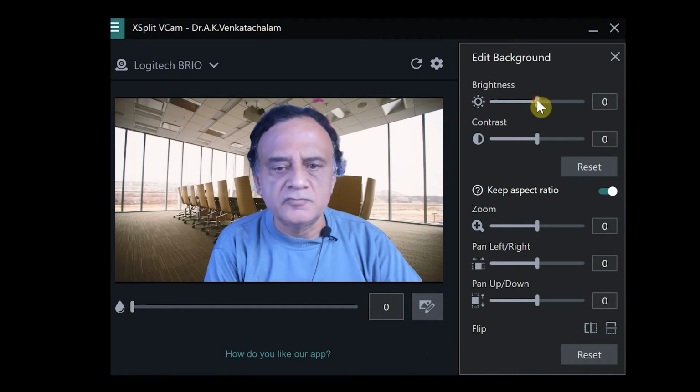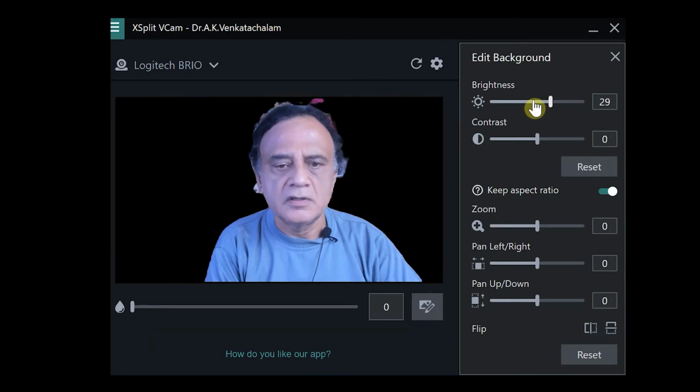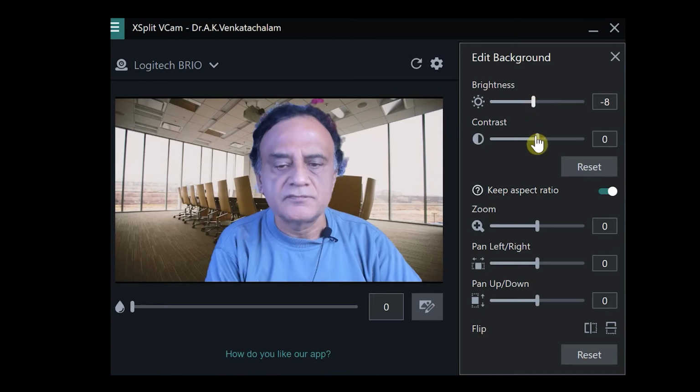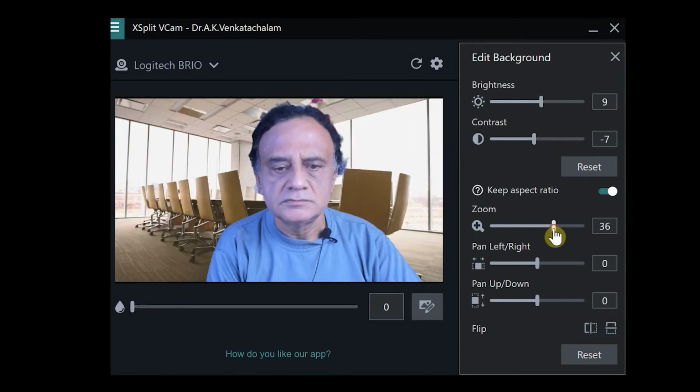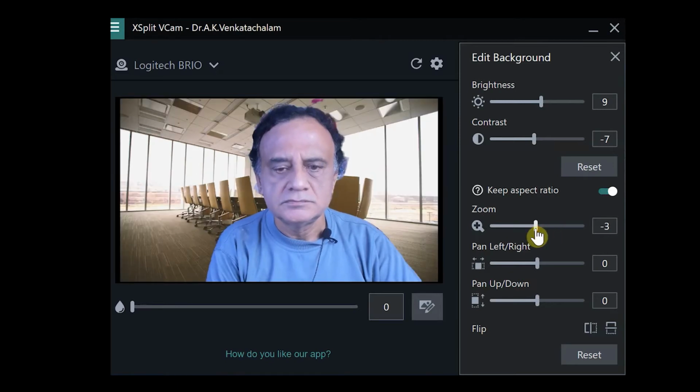So if I want, I can increase the brightness or decrease it, contrast. That's good enough. I can increase or decrease the contrast. I can zoom in, that is. I can pan to the left or right.